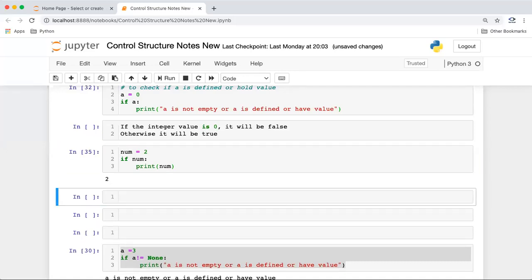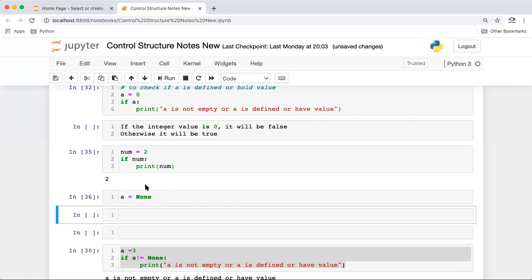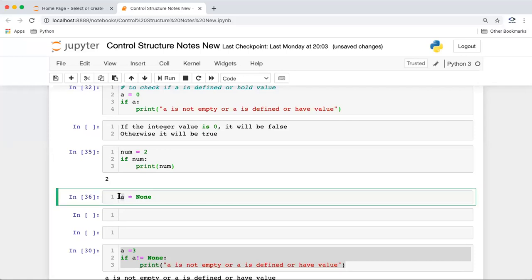So guys, None is just a null. It's kind of a nothing. If I'm saying a equal to None, a is not holding any value. It's just None. It can be any variable. So None means nothing, null. It's not having anything.